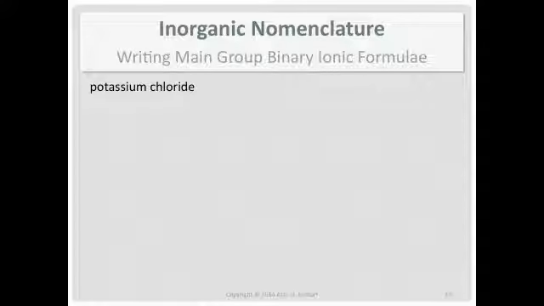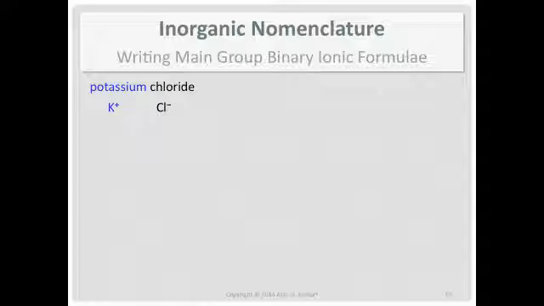Let's do some examples. Potassium chloride. I'll just say this part for this one, and then you have to assume that all the way throughout. We're talking about binary compounds, and we're talking about ionic compounds. So you always have to be aware of metals and nonmetals. You do not use prefixes on the ionic names. So you can't look at potassium chloride and go, oh, automatically there's one of each because there are no prefixes. That's not the way it works. Charge balancing.